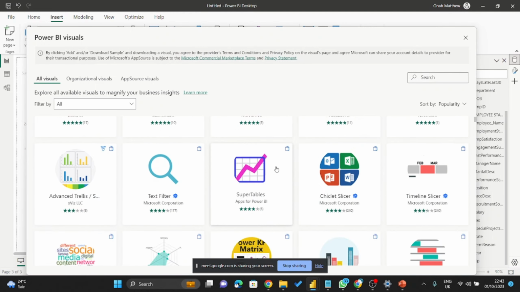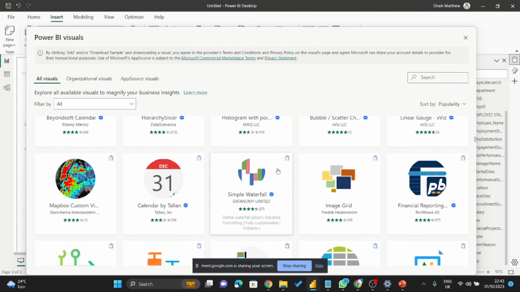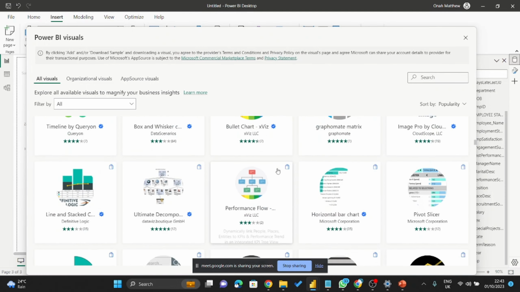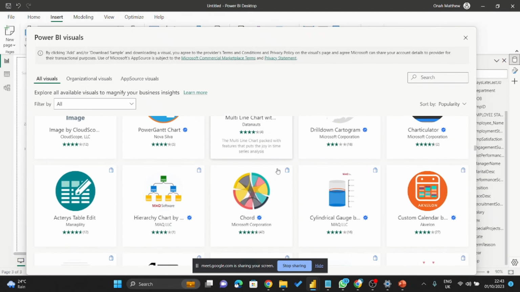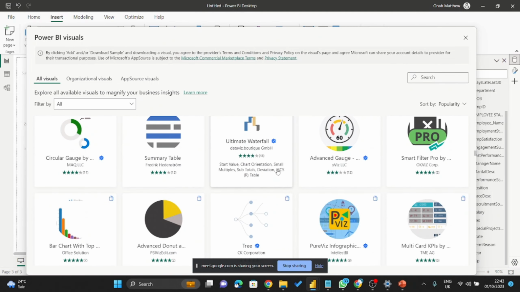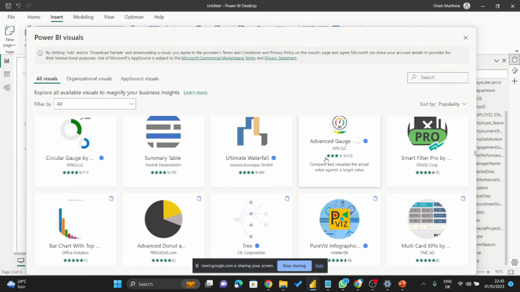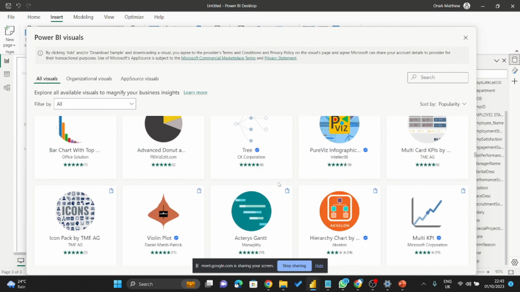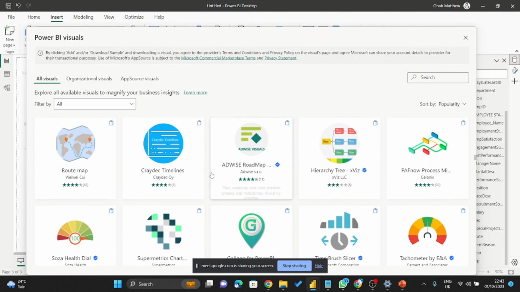So can we all see this chart that we're seeing? Yes. So if you don't find the chart that you need, sometimes you go online, you see a lot of charts that you don't even understand. You're wondering, where is this chart coming from? Where did they get this chart? Most of those charts are from